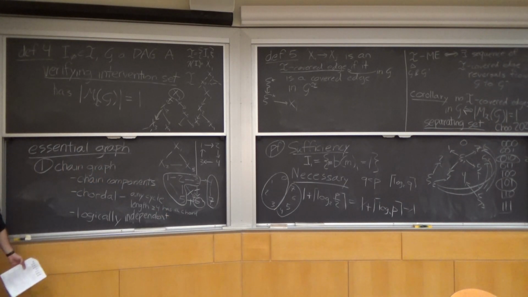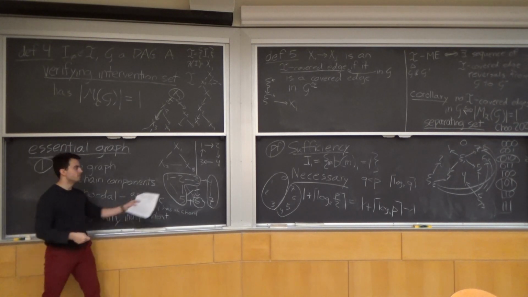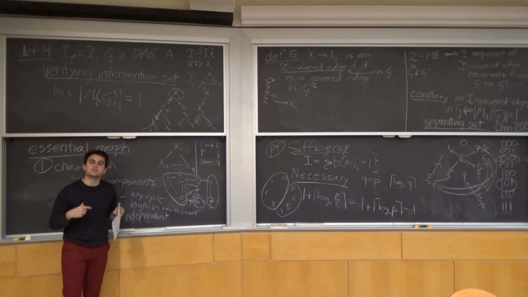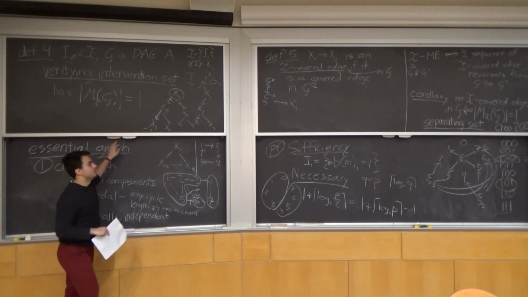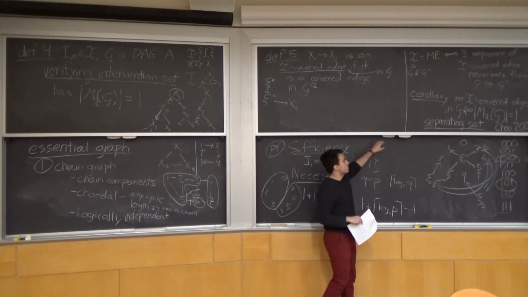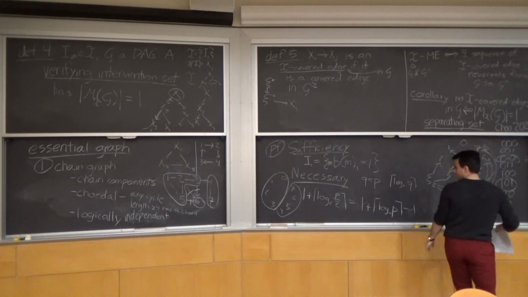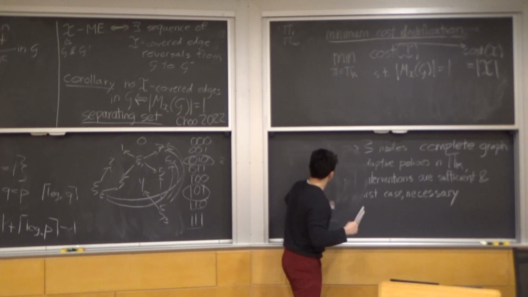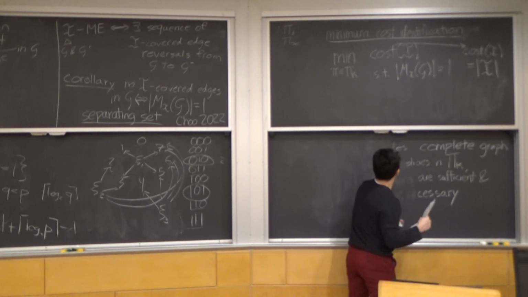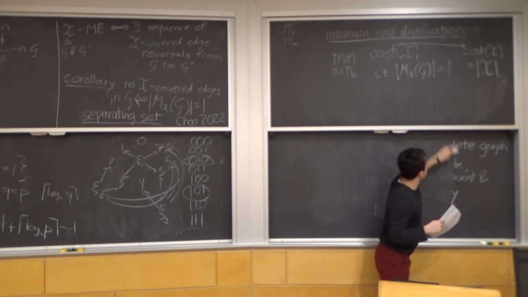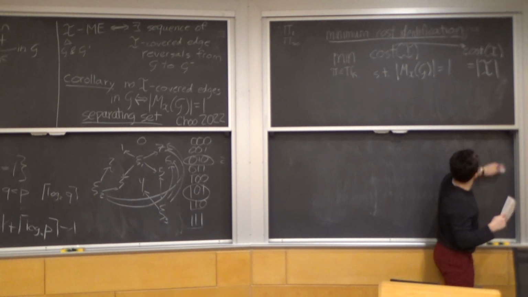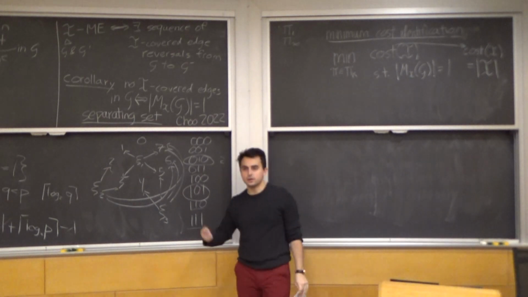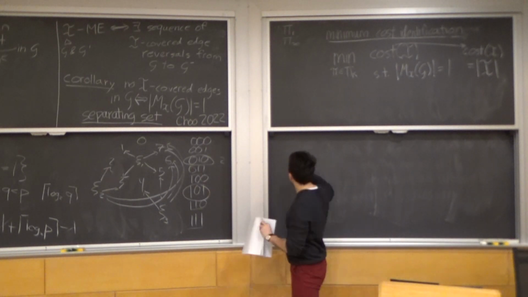And what this lets me do is break up my problem into a bunch of subproblems of just the chain components. And then each one of those has this nice chordal graph structure. The reason that that chordal graph structure is nice is that we can efficiently find a coloring of chordal graphs. So a coloring